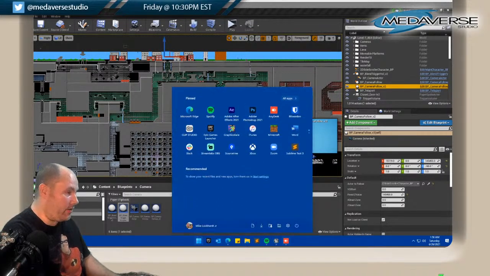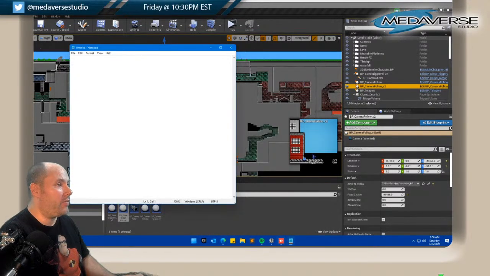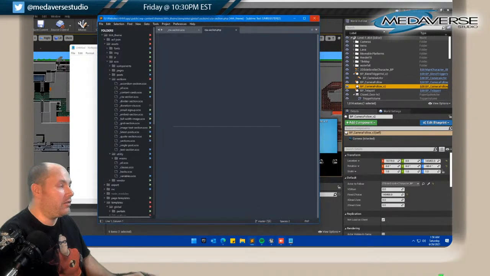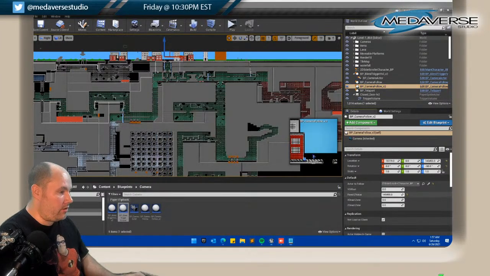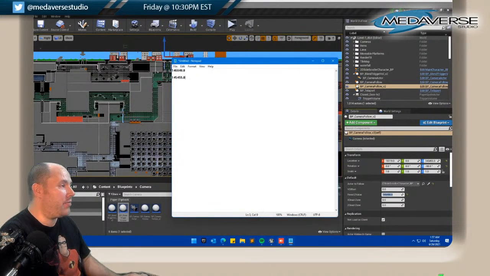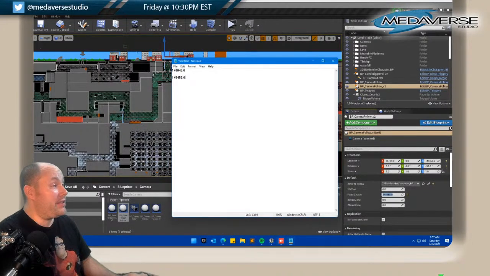okay, let's just go Notepad. Let's see. Oh, now you open. Yes, screw you. You can close back down. So that's the number from position, and that's the number that I had to put in. Now, maybe if I can find what the difference is and I can just subtract that from every single one, that could be a quick solution there. And that'd make things go a lot easier. But